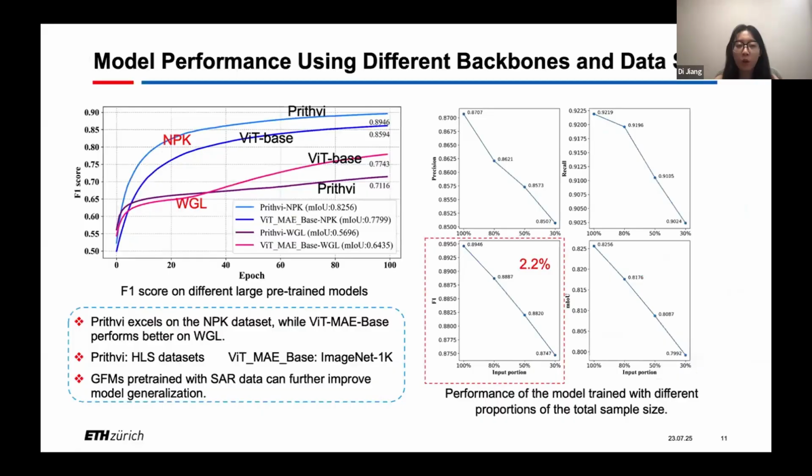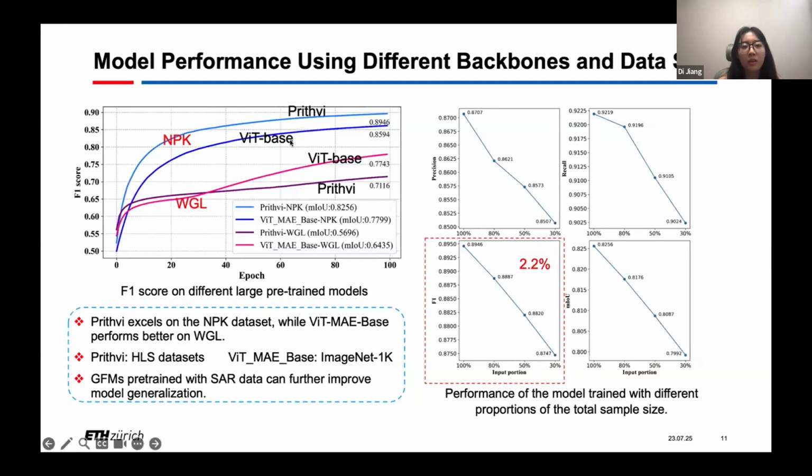As we mentioned before, our model does not perform so well on the SAR-only WGL data set. Here we will explain in detail why. We replaced the GeoFoundation model with another large pre-trained model, ViT-MAE base.